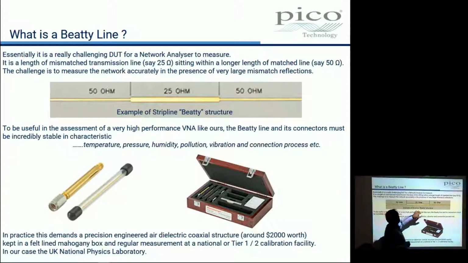So what we're going to try and do is measure the line impedance, 50 ohm, 25 ohm, and 50 ohm. We're going to try and find the S parameters of that, which is particularly nasty because it's going to be reflecting a horrible level of reflection off the 25 ohms. That's what a BT line is. Now, we can't use a piece of board because it wouldn't be stable enough, or anywhere near stable enough, for the measurement relative to the national lab. So what we have to do is